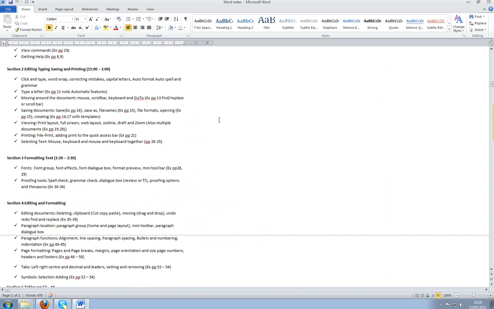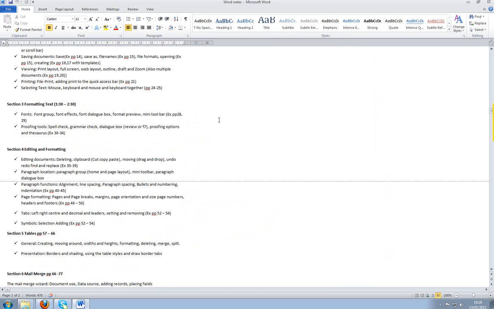If I roll down, you can see there's no actual obvious point at which the page changes. What you do see are these dotted lines going across here. Now that marks, if you like, the new page, but that has got a little bit of an issue